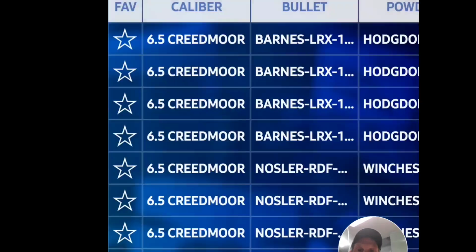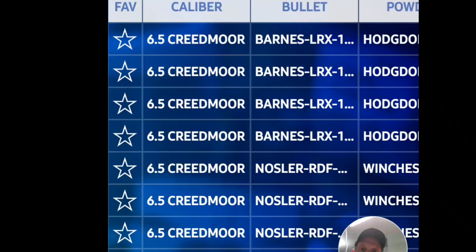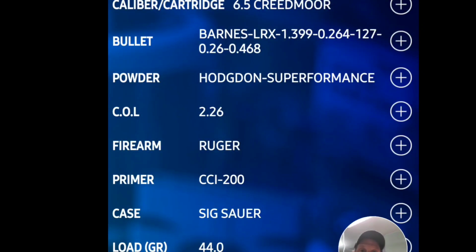So in my database, I've already entered a bunch of Creedmoor loads. These first choices here are Barnes, and I'll show you what it looks like. Will it show a summary? Yeah. So this is the Barnes, the bullets I was using. The Hodgdon Superformance, case overall length 2.260, the Ruger firearm, the primers, the cases, your grains,